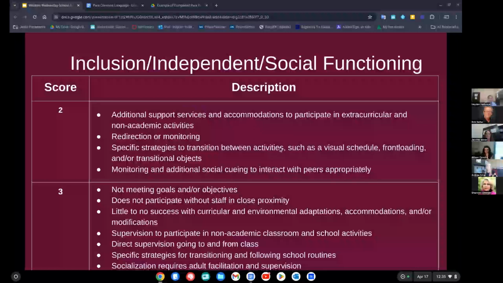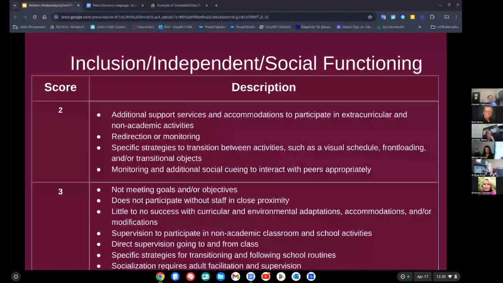Absolutely. Glad to clarify any points on the para rubric. So getting back to this, inclusion, independence, and social functioning, we've got this second criteria here. We're going to see a little bit more issue as far as additional adult support services and accommodations that might be needed to participate in extracurricular and non-academic activities. And I want to point out that